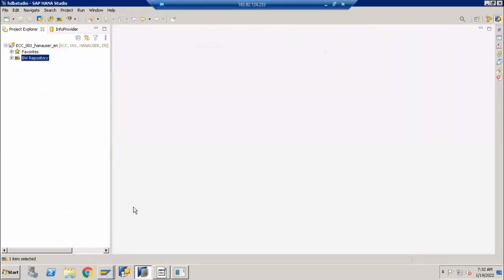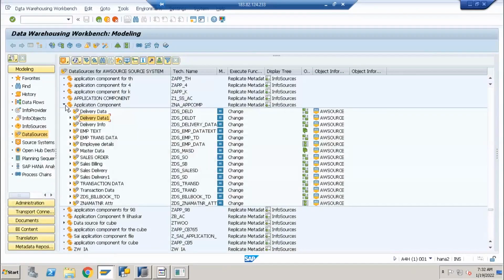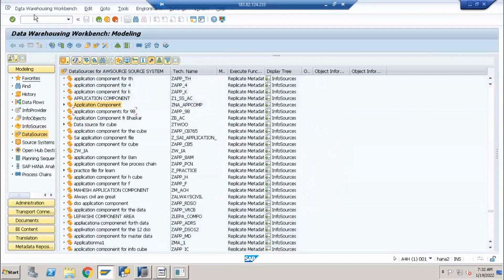Okay. So what is BW on HANA, and what is the difference between BW on HANA and BW, mostly on the latest 7.5 versions? What will happen is, you cannot do anything from RSA1. Even on BW/4HANA, when you go to the RSA1 screen, you don't see all these components here, like how you are seeing InfoObject separately, tabs and all. These will not be there.